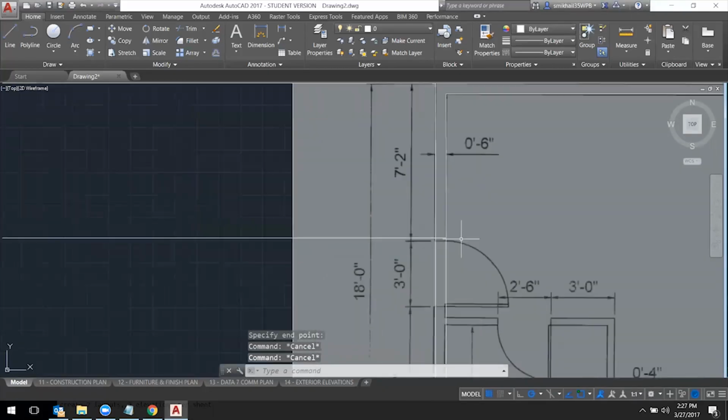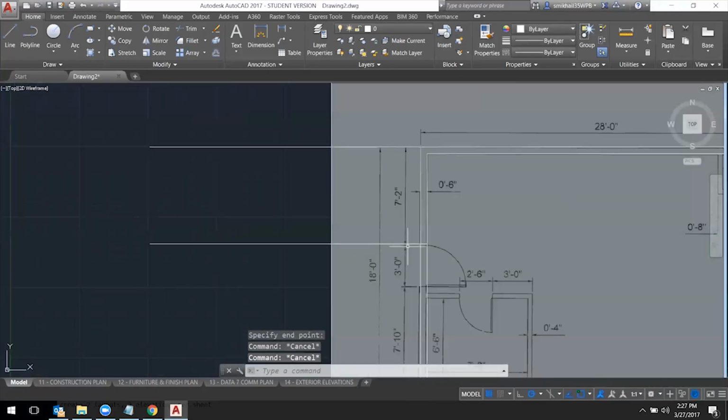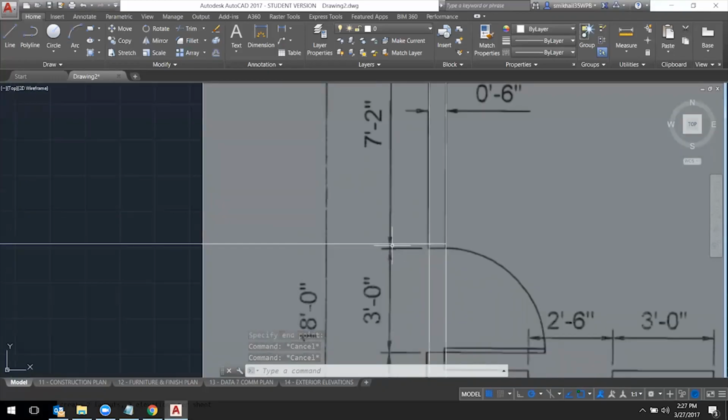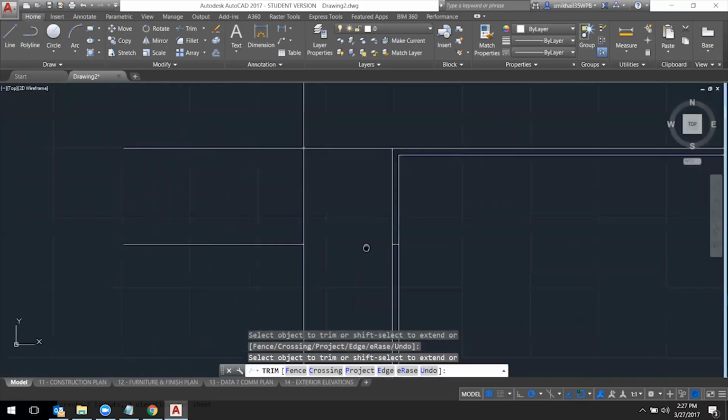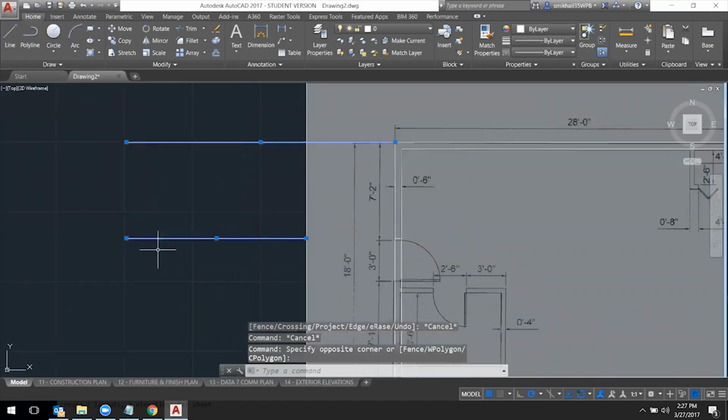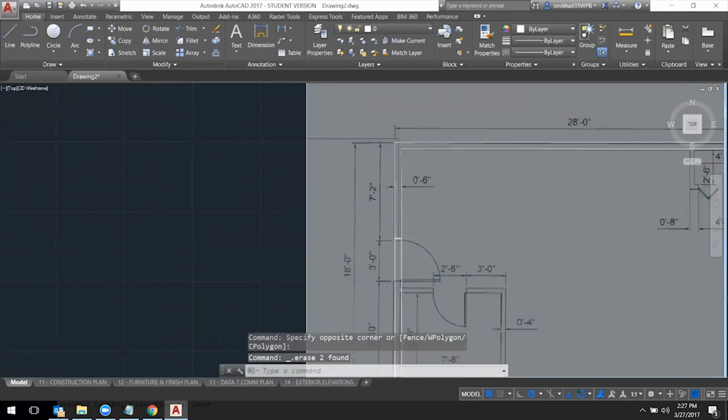Hit escape twice, and now I can use the trim command to get rid of the axis piece in here. That's TR for trim, then space, space, and then click on the segment that you want to get rid of. Hit escape twice, and now I can get rid of these two lines in here. And I have my door